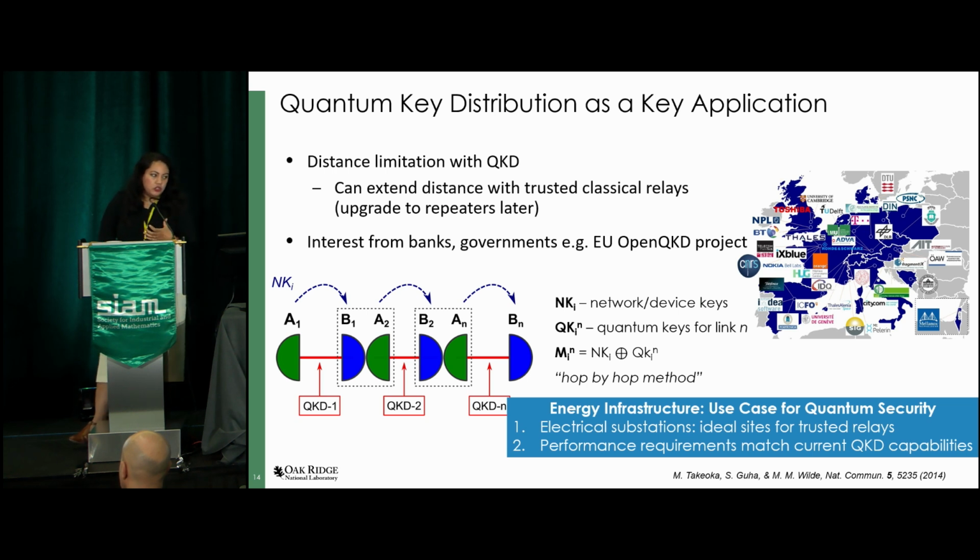So quantum key distribution, as we had our friends from the bank mention it yesterday, is one of the key applications of quantum networks. I want to mention the EU OpenQKD project that is currently active. It's amazing work they've done. They've actually built small QKD networks in each of the European states, and now they're working on joining all of the QKD networks together. So you can imagine they're doing this for European IDs to exchange with the government, and